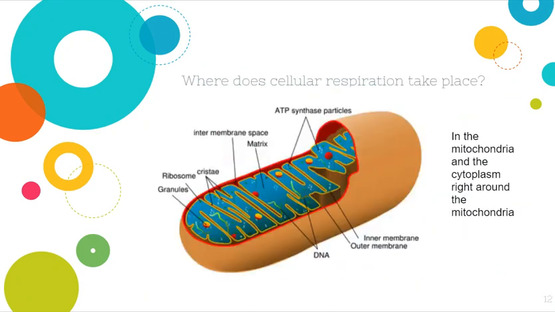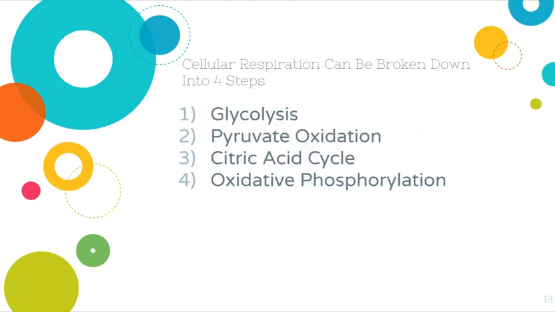Where does this happen? Our good friend, the mitochondria. Remember, mitochondria is the powerhouse of the cell. That's like the one thing everyone remembers. Yeah, this is why we're getting into it right now. Okay, so cellular respiration takes place right outside the mitochondria in the cytoplasm and then inside the mitochondria. It's going to happen in 4 steps. Okay, and we're going to go through these 4 steps together in class. In order to make these 4 steps make sense, I want to talk about some bigger overall concepts before we get into the specifics, okay?